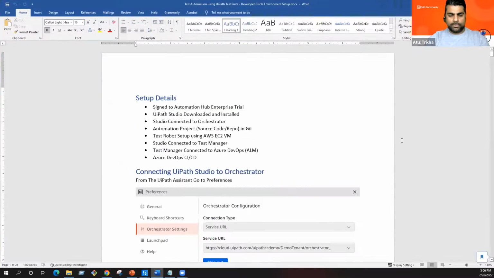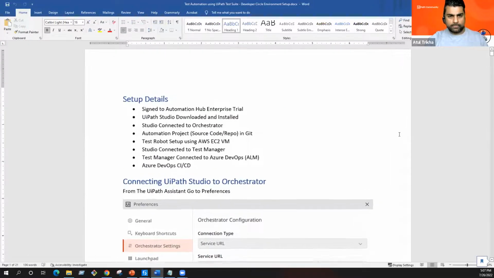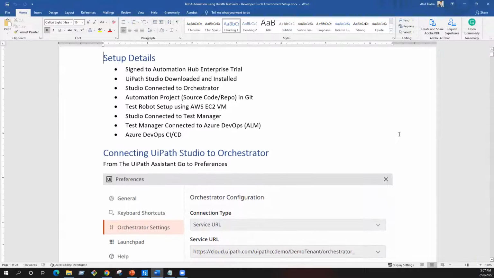And then if you can please confirm you're able to see my document. Yes, I can. Perfect. So in this demo, or in today's session, we will be doing